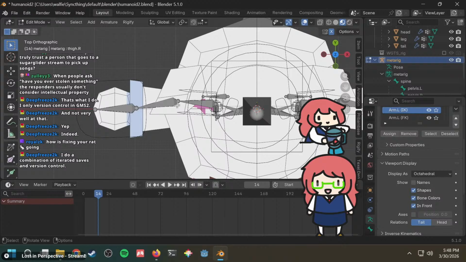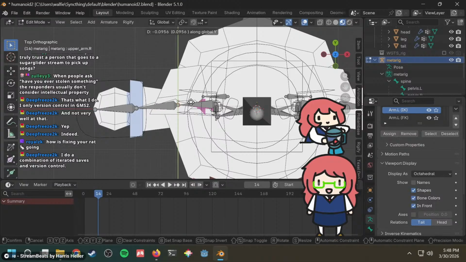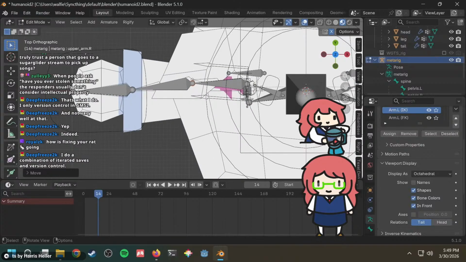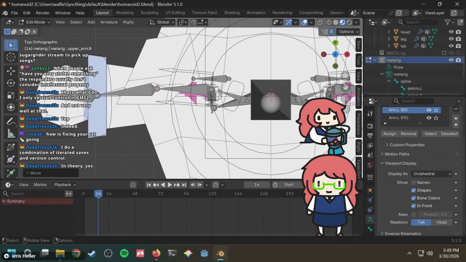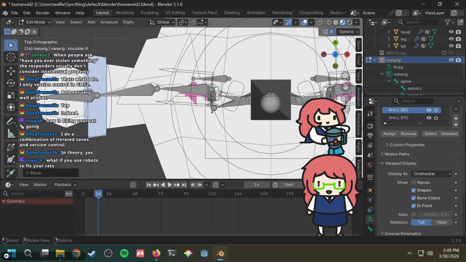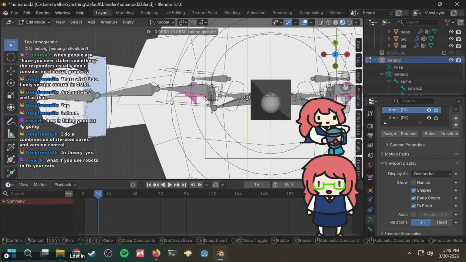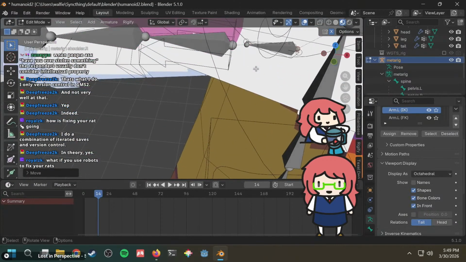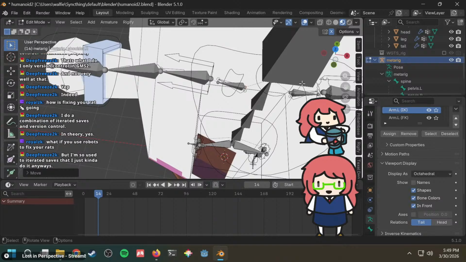You do a combination of iterated saves and version control, but doesn't version control handle that stuff? Let's move this along this axis. Let's move this bone right here. G, Y. It's there. It's here. This one's here. Now, which bone is that? That's the shoulder bone.